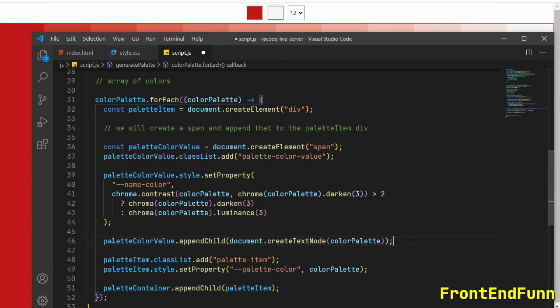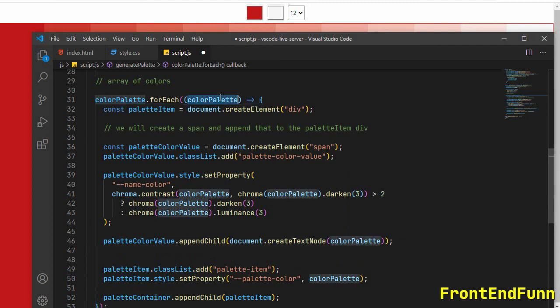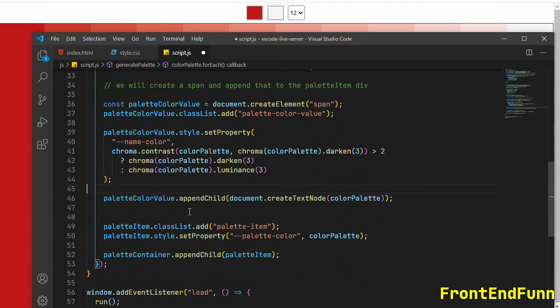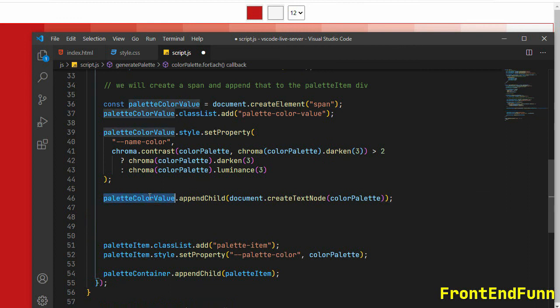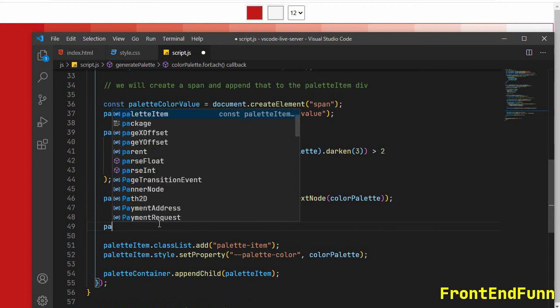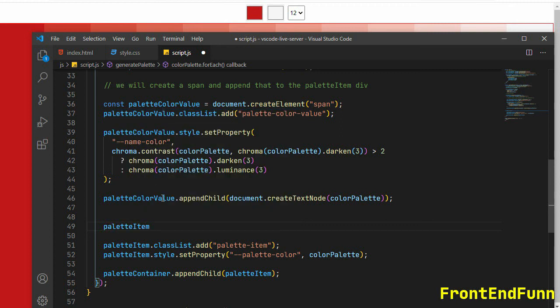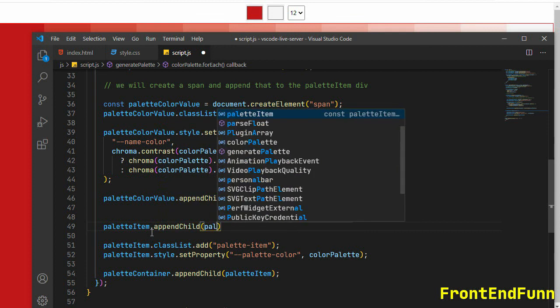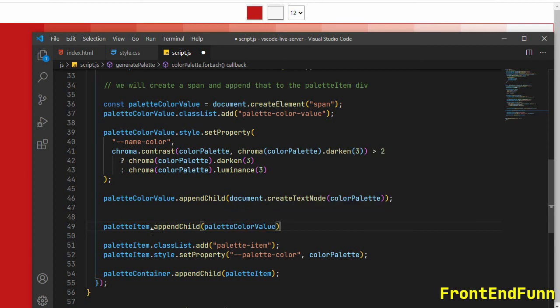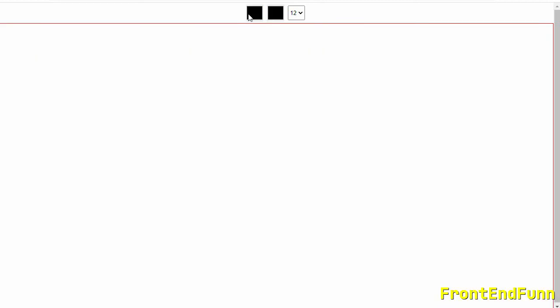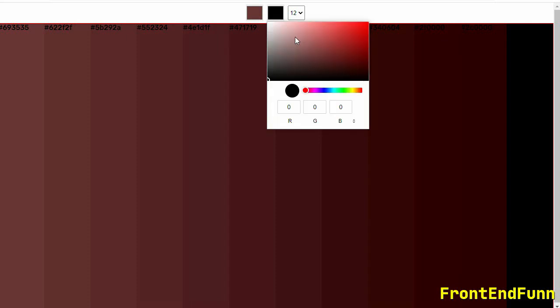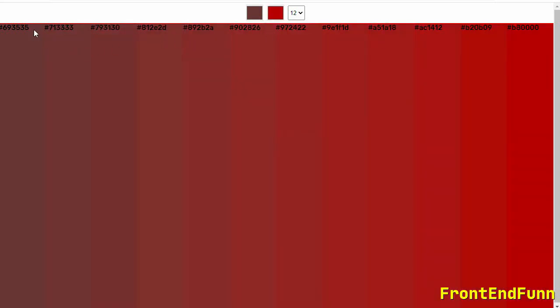Okay, so color palette is a hex value here. And finally we need to append the span element to the palette item. So palette item dot append child palette color value. Okay, so these are the color palette values here.